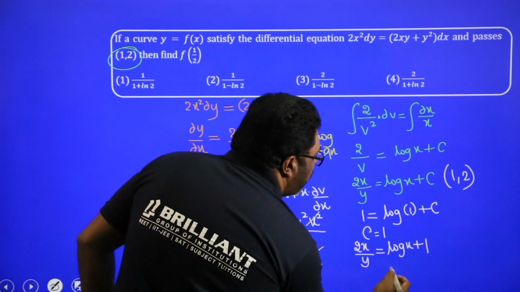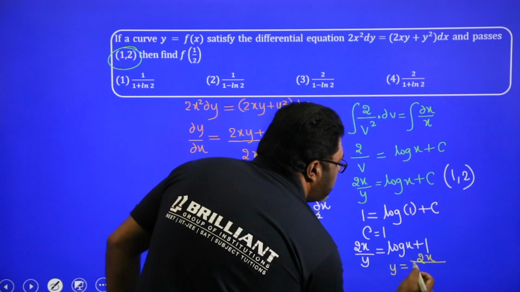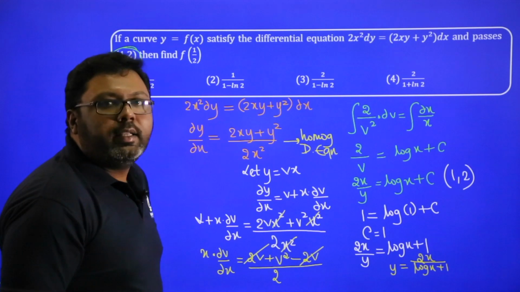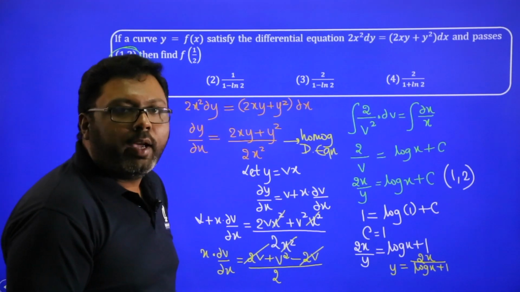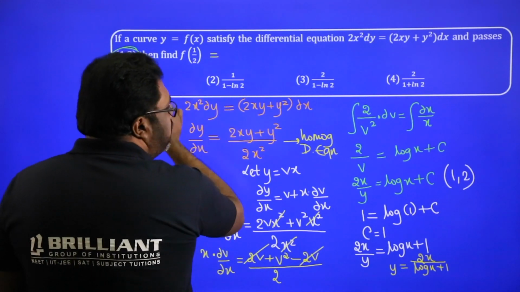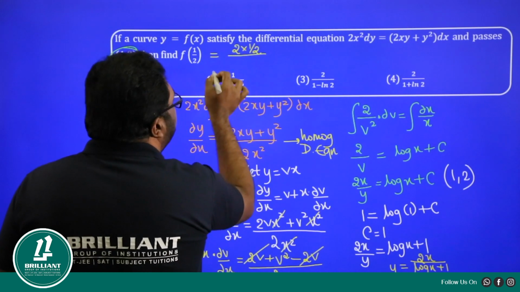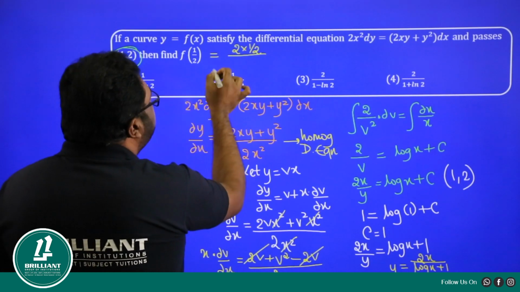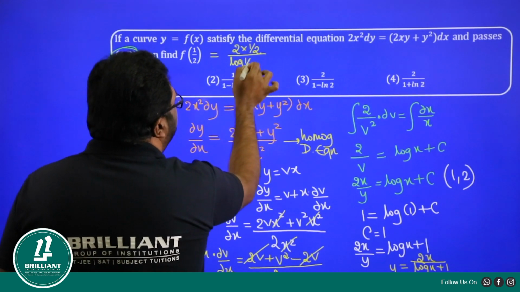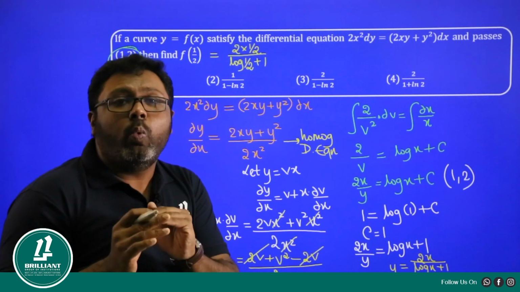So from this, y is equal to 2x divided by log x plus 1. Put x is equal to 1 by 2. So f of 1 by 2 is equal to 2 into 1 by 2 divided by log x plus 1. Log x is going to be log 1 by 2 plus 1, and log 1 by 2, try to understand, is log 2